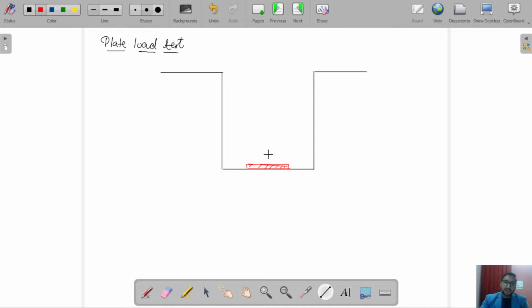We place the plate at the bottom of an excavation. This depth should be equal to the depth of the actual foundation, Df. And the width of this excavation should not be less than 5 times the width of the plate,